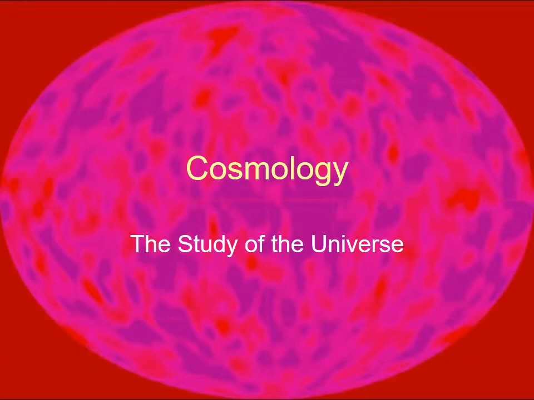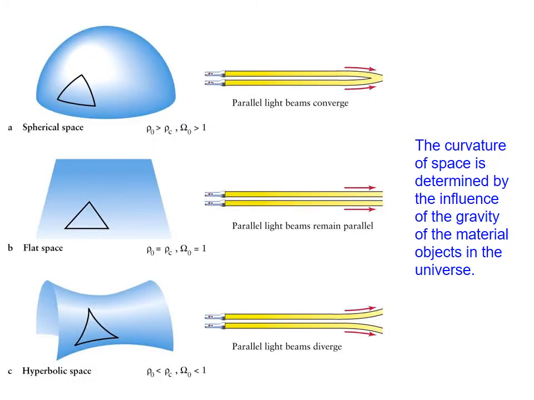All right. So continuing on our last discussion here, we were talking here about the curvature of space. So depending on the density of the universe, very early on, the universe could be spherical, flat, or hyperbolic. Spherical is a closed universe. You go in one direction forever, you end up at the starting point.